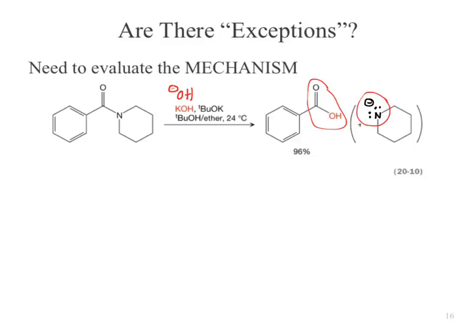This is a negative nitrogen, which means it's a stupidly strong base. As soon as we do the nucleophilic addition and elimination reaction, yes, we are forming a disfavored product. That product does secondary chemistry to form what? Our carboxylate